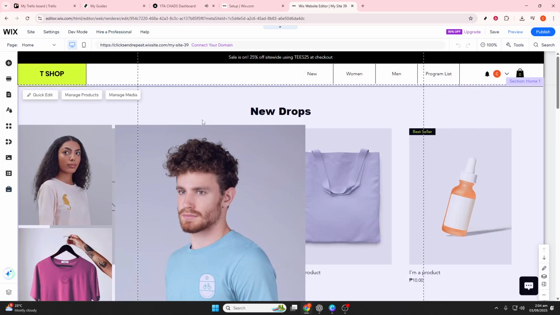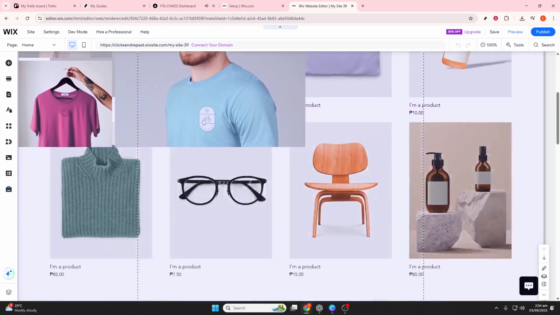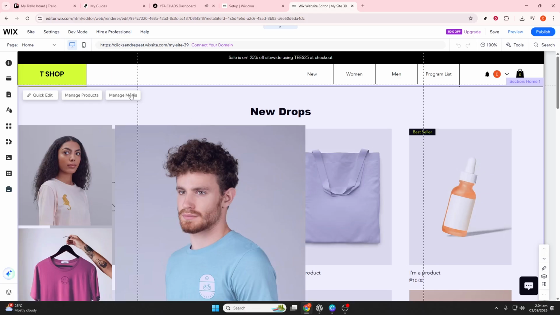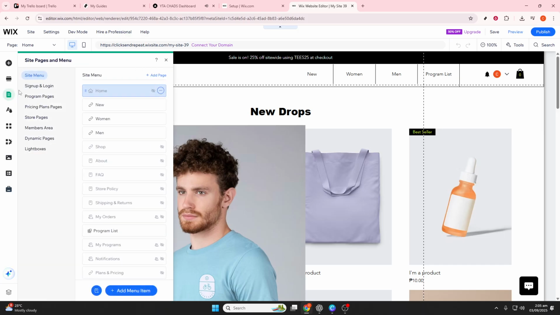At this point, you'll want to go to your dashboard, find Store Products, and click on Plus New Product. Here, select Digital Products since we are focusing on digital items. Enter the product name, let's say something like eBook Ultimate Guide. Make sure to craft a compelling product description and add any relevant images or preview screenshots to make it visually